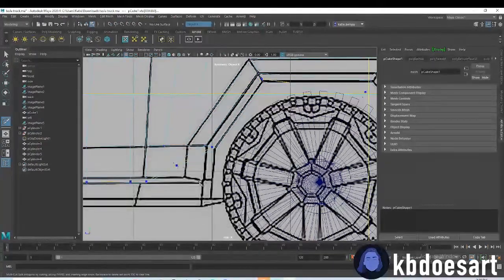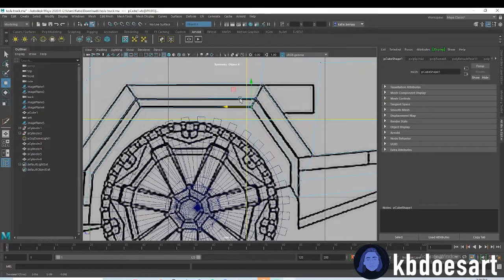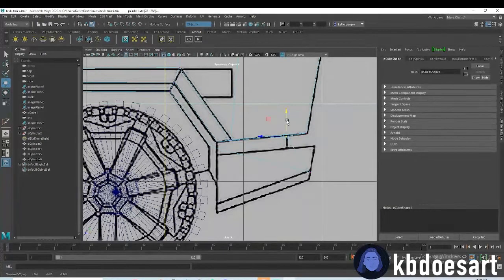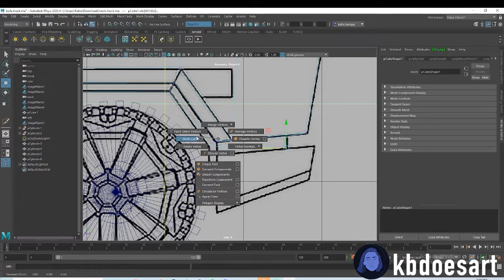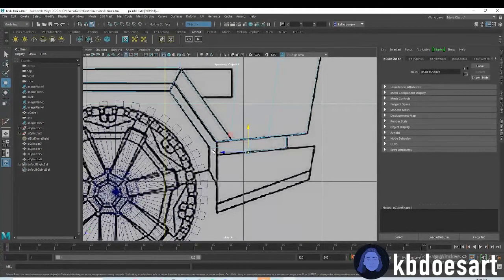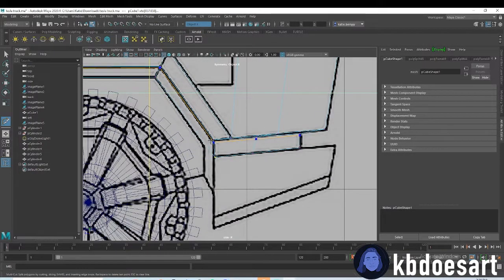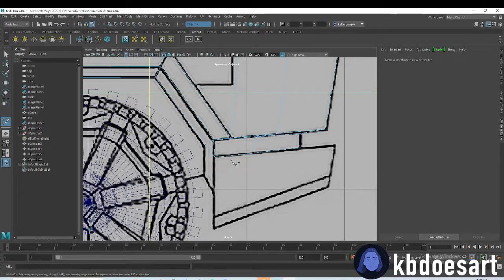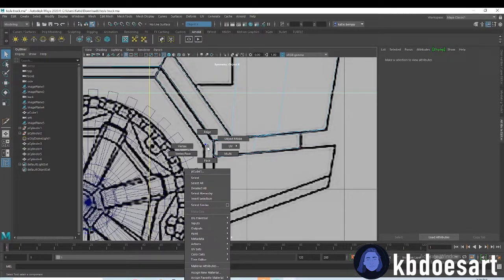I'm gonna add a multi-cut here because this guy needs to come down to here. I'm gonna push this one here, and then I'll add a multi-cut here. That'll go there. And then let's add a multi-cut here to here. All right, and then